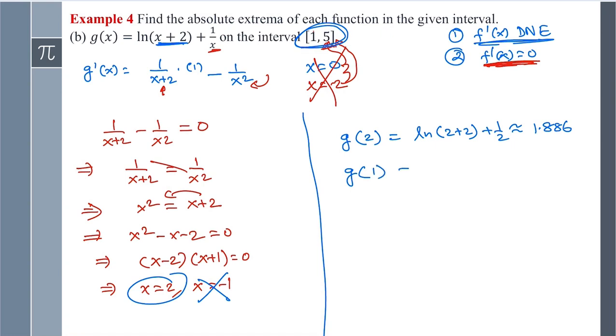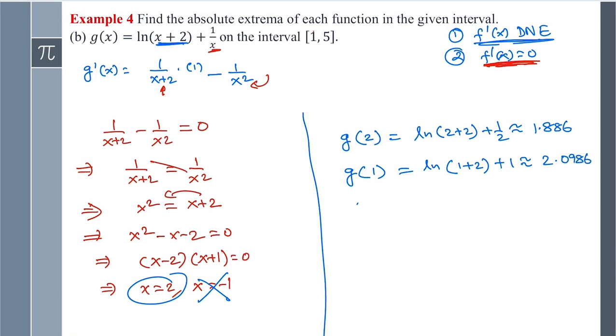So g of 1, so the first left endpoint is 1 here in that given interval, okay? So that is natural log of x plus 2, meaning natural log of 1 plus 2 plus 1 over 1. And then if you put it into the calculator, that's approximately